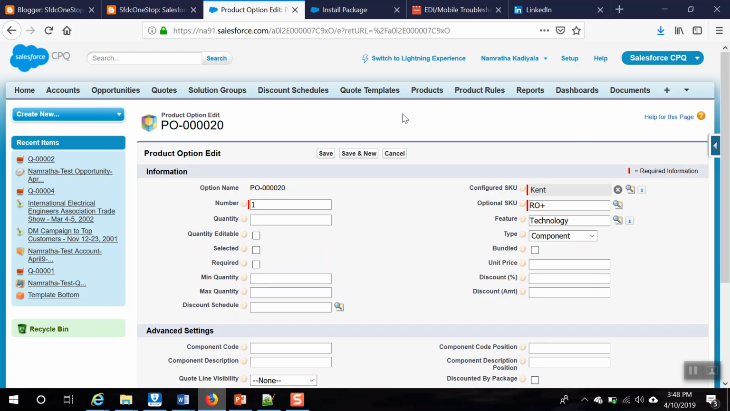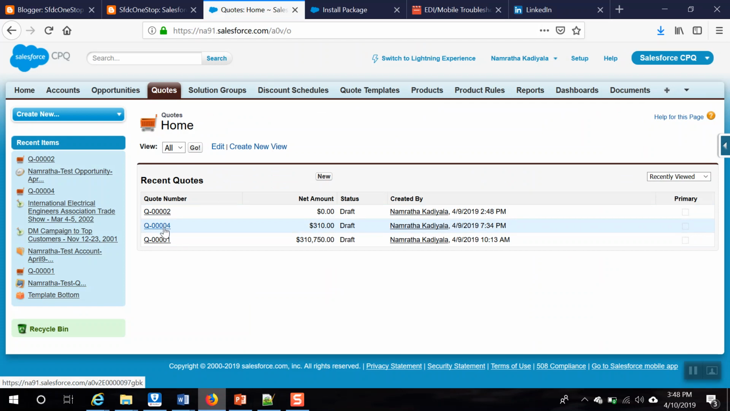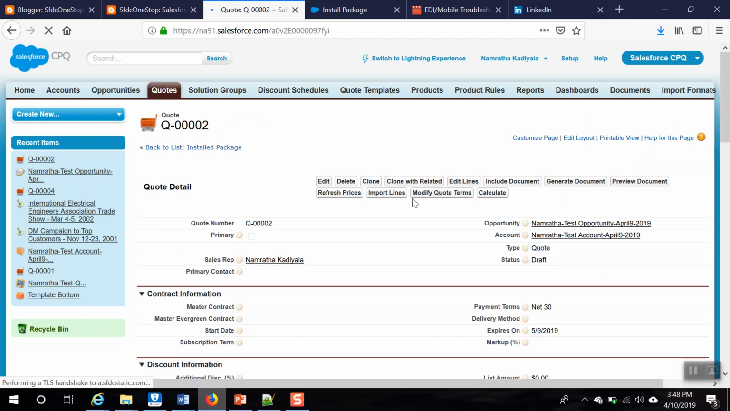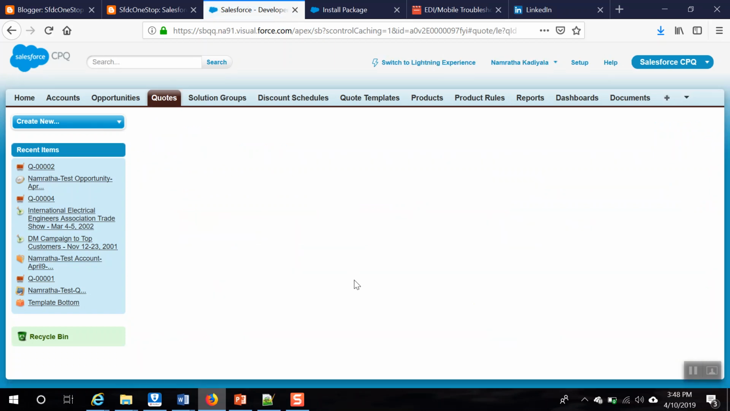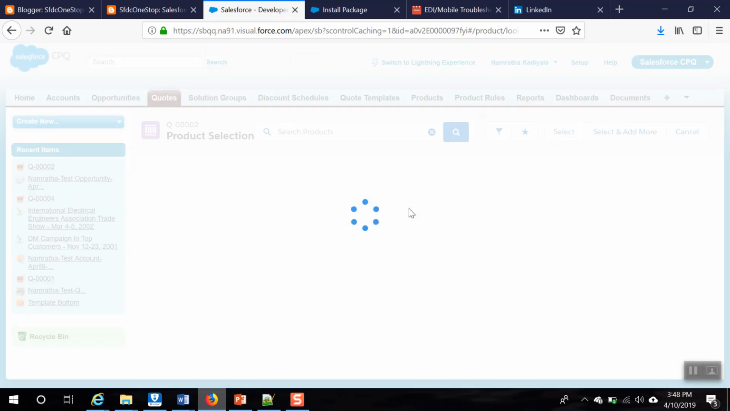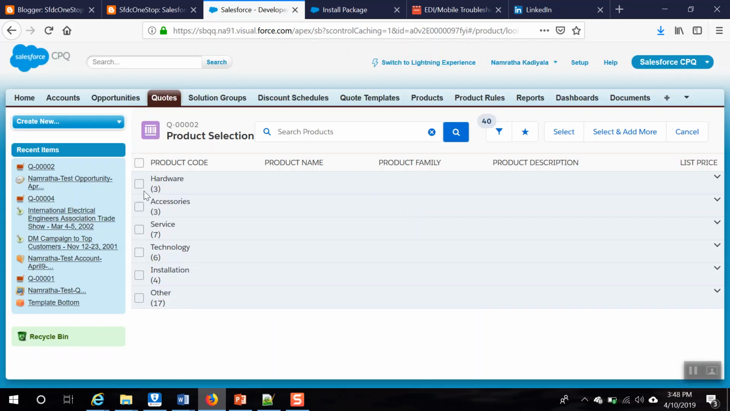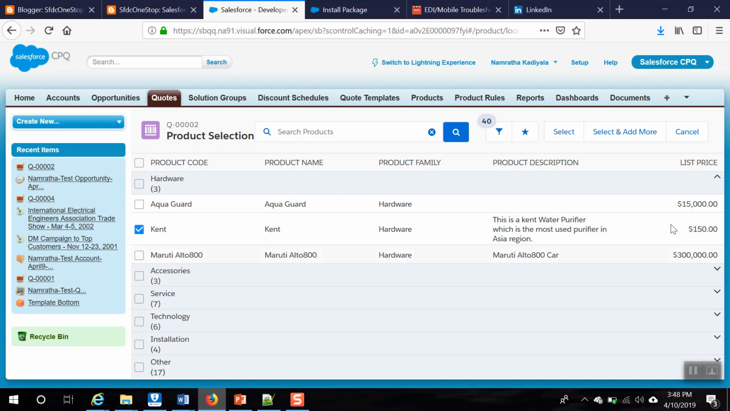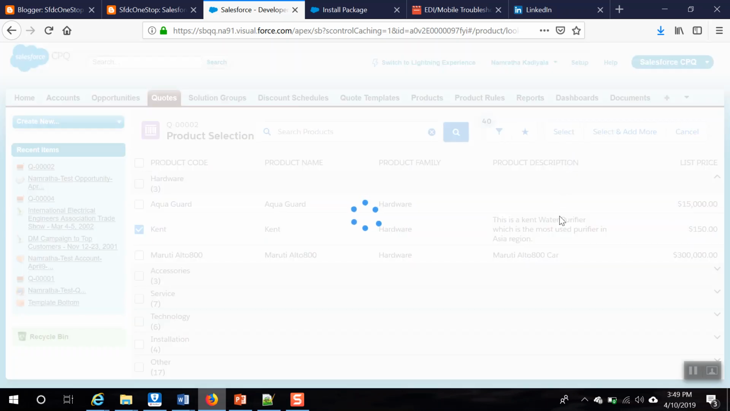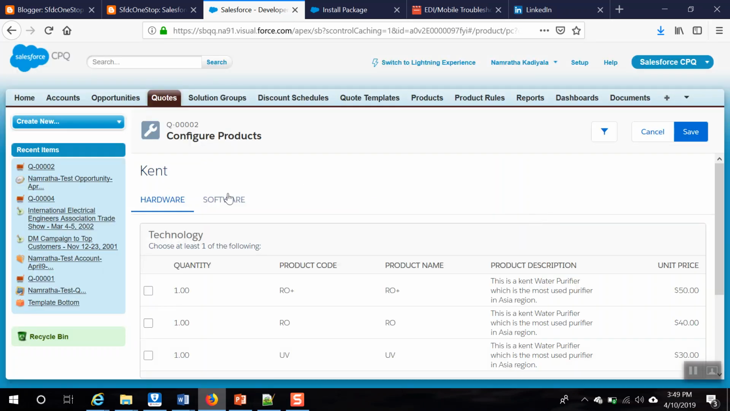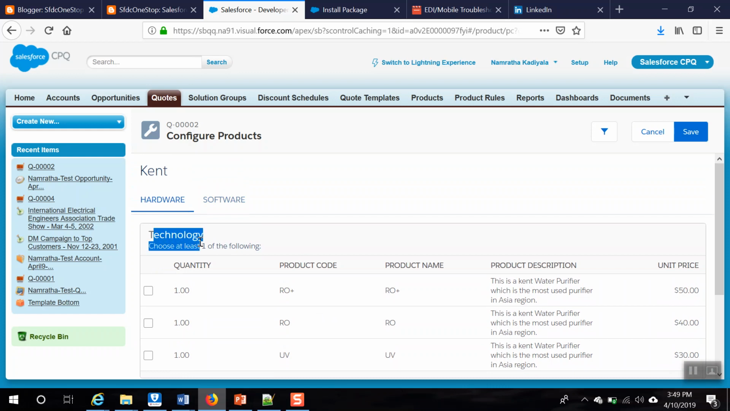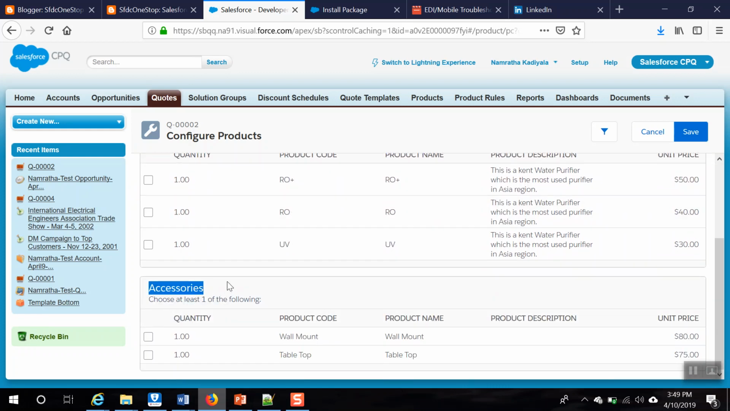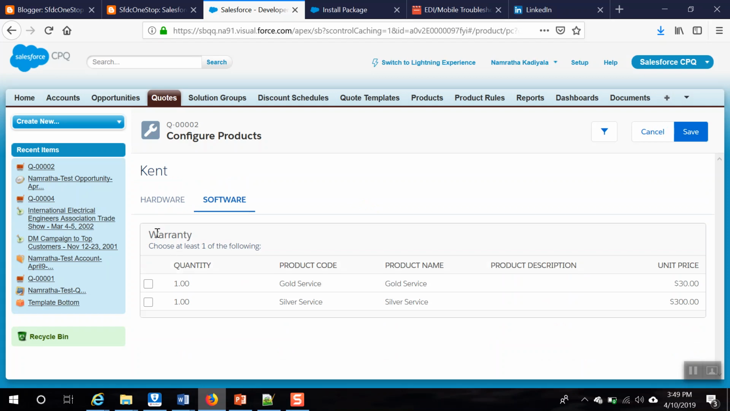Let us take an example. Let us go to the quote page. Let us select the quote, click on edit lines, and add the products. When I select a product and try to select it, the option pane, the configuration page, will be displayed in this format. That is a technology. You can see something called an accessory and you can see another feature called